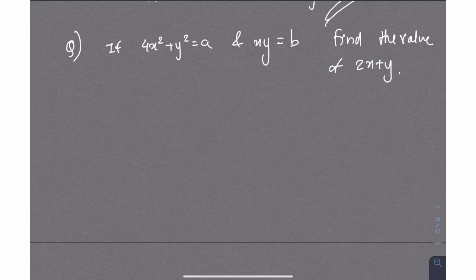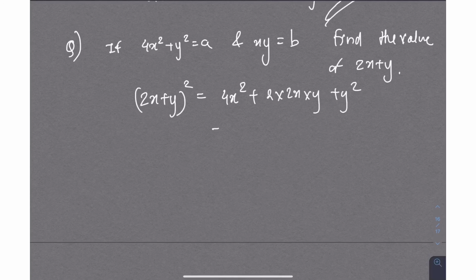So what we can do is, obviously when we use the formula a plus b the whole square, the value is a square plus 2ab plus b square. ठीक है? So what we can do is, we know कि the basic idea is 2x का square हो रहा है, y का square हो रहा है. So what we can do is, we can write 2x plus y the whole square का value. So इसका value क्या होगा? We just need to use the formula a plus b the whole square. So answer will be a square plus 2ab plus b square.